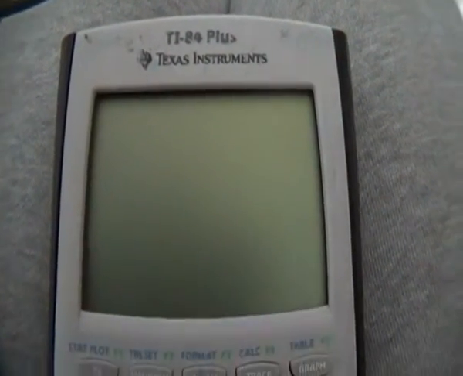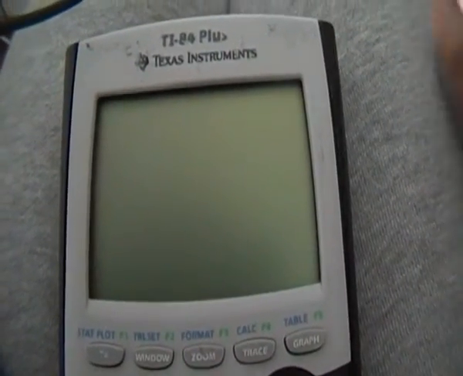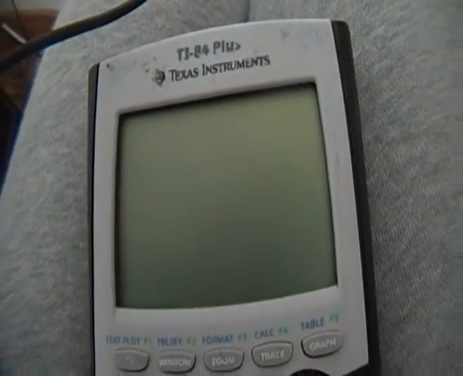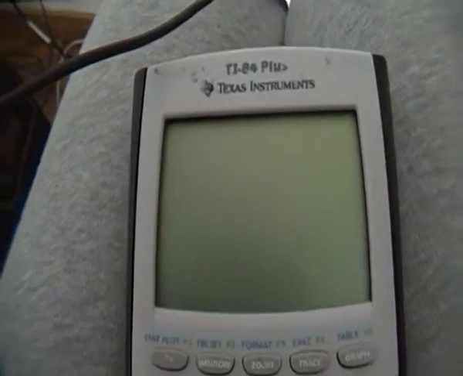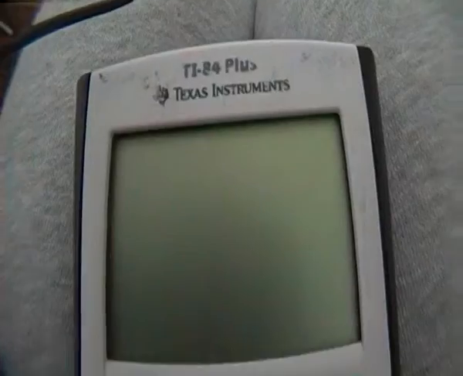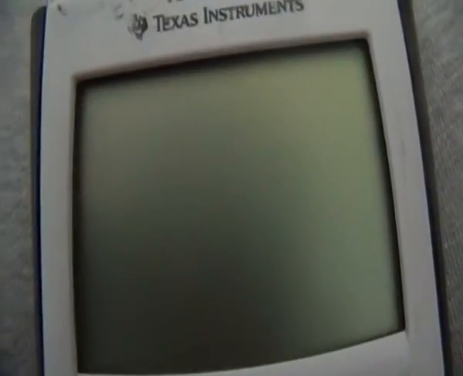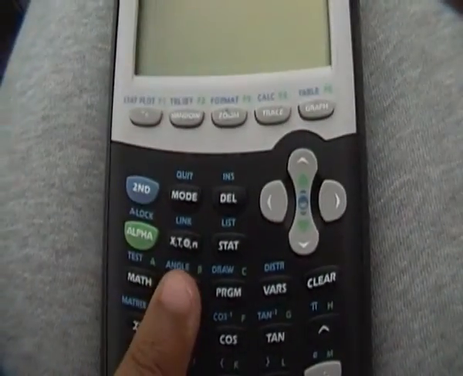Hi everybody, today I'll show you how you can make probability plays or trials in the TI-84 Plus calculator. It also works on the calculator TI-83 and 82. So at first you go into apps,